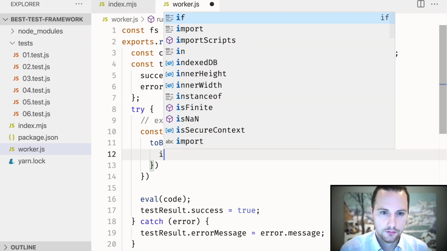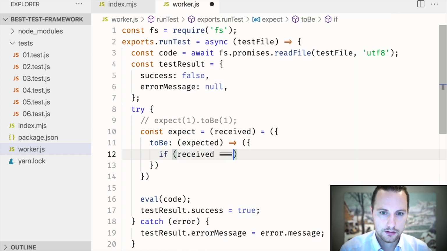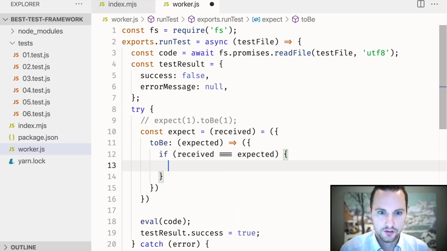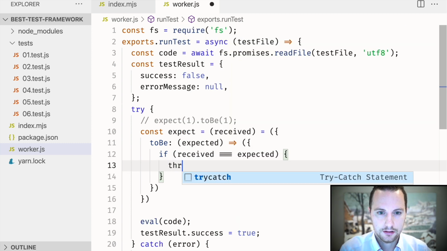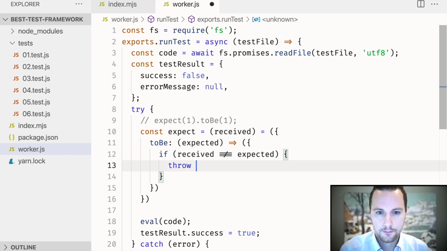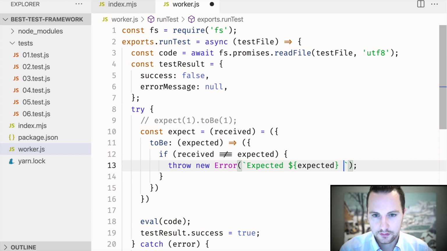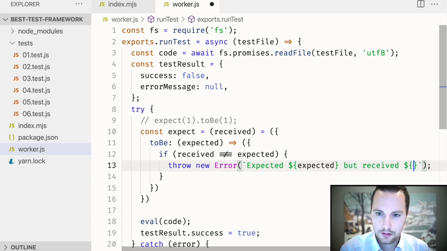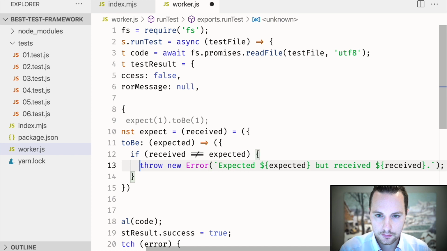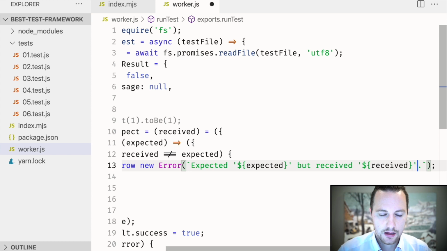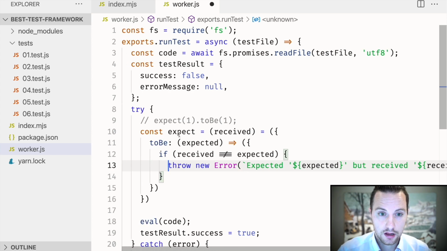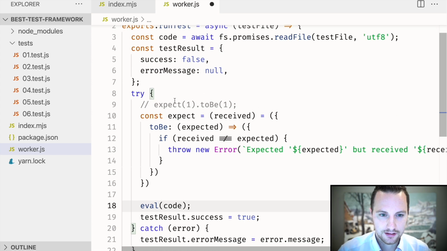So if received equals expected, and if it doesn't match, we'll throw an error that says expected, oops, wrong parenthesis, but received. All right, and then we can add maybe some way to highlight this. And the cool thing is because we're using eval, we have a full expect implementation here, at least with this